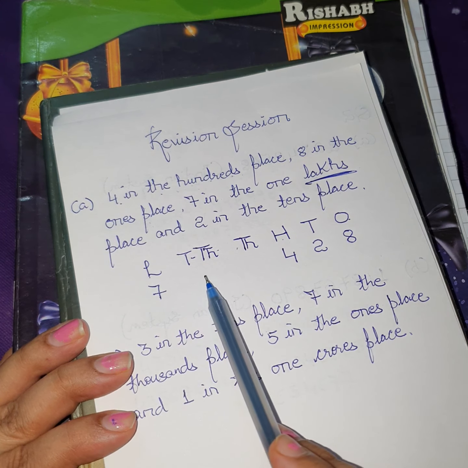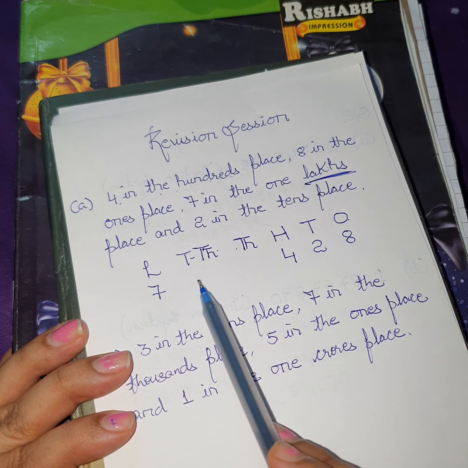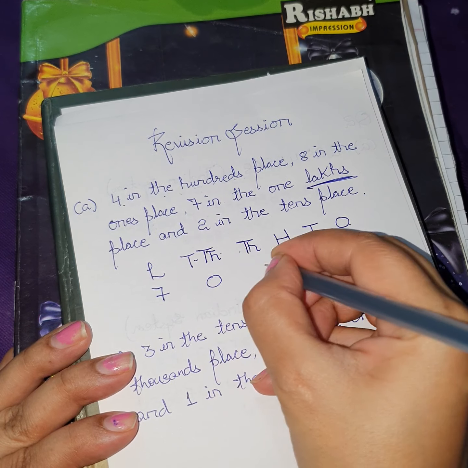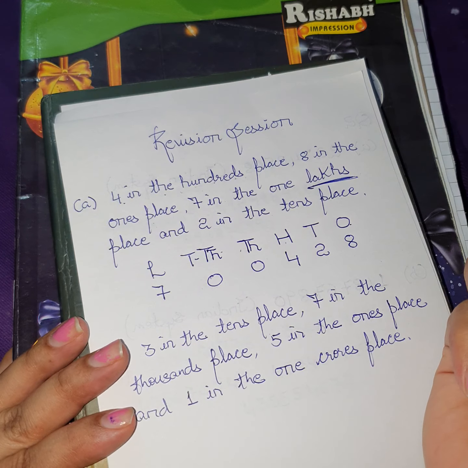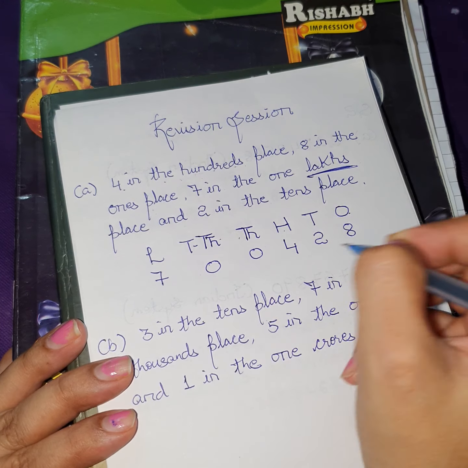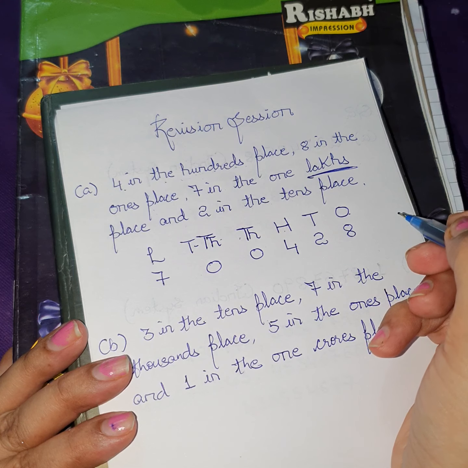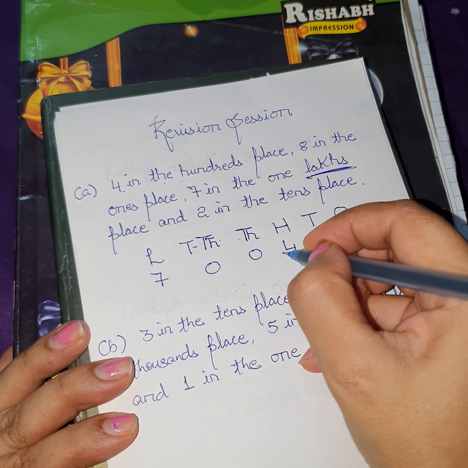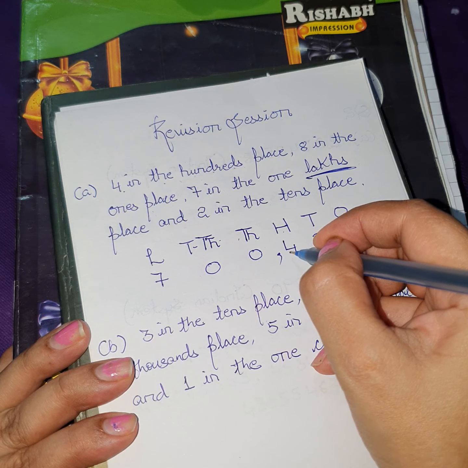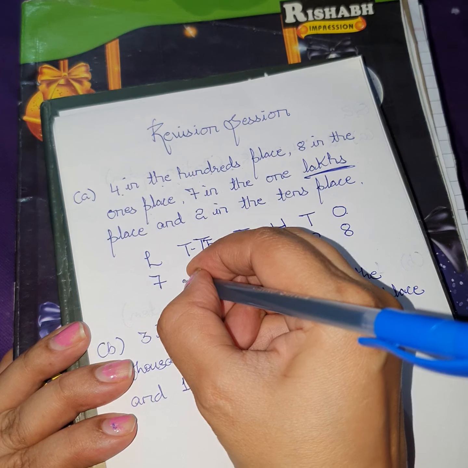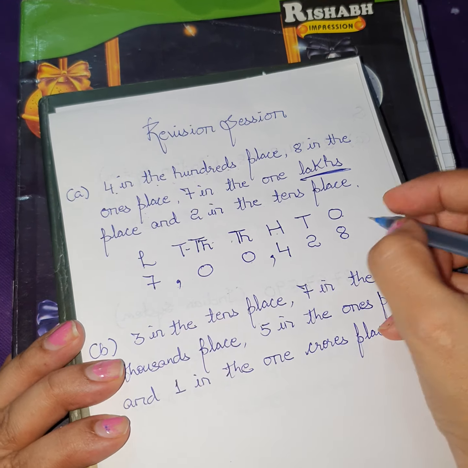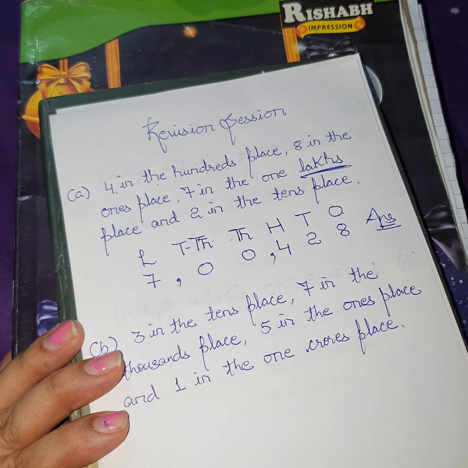There is no information regarding 10,000 and 1000 place. So what we will do? In place of 10,000 and 1000 we will put zeros. If no information is there in the question, then in that place we put 0. And then after writing the number, you have to put comma according to Indian system. So as I told you, first comma from 3 digits from backside, and then before 2 digits. So second comma will come here before 10,000 place. So this is your answer.